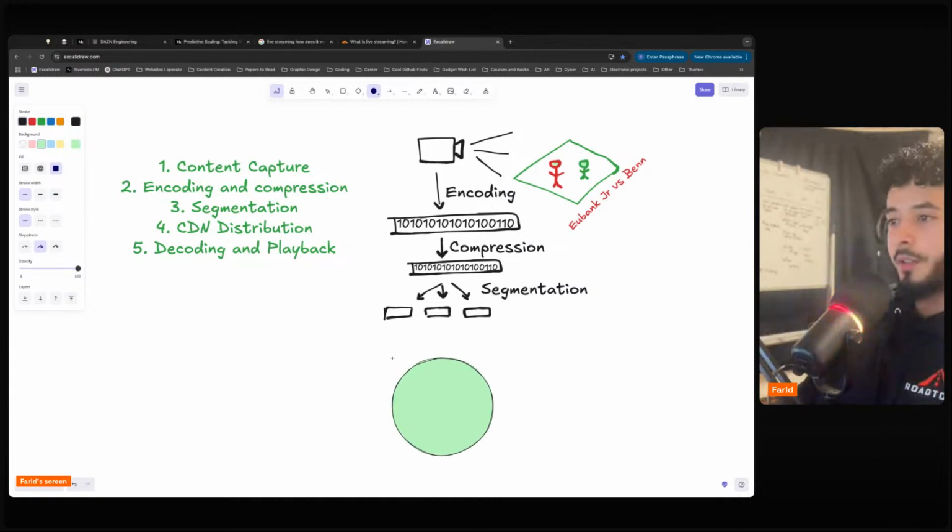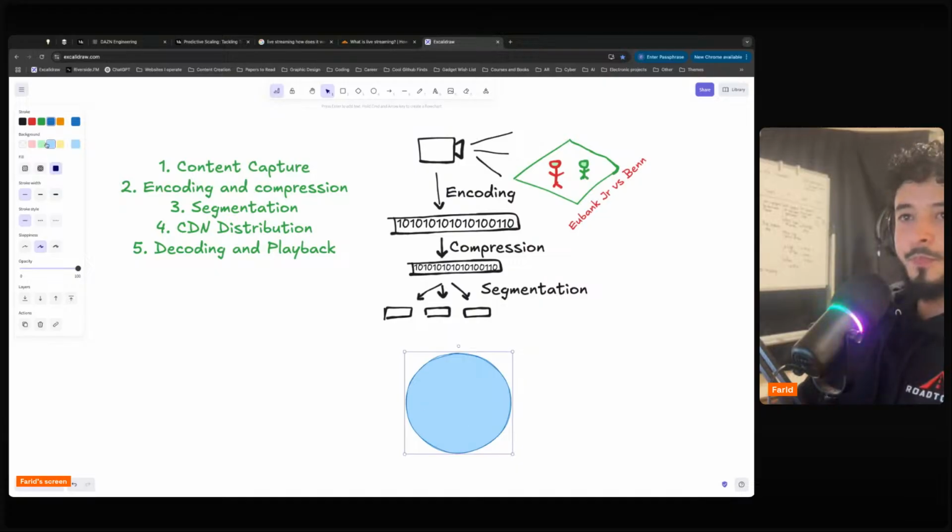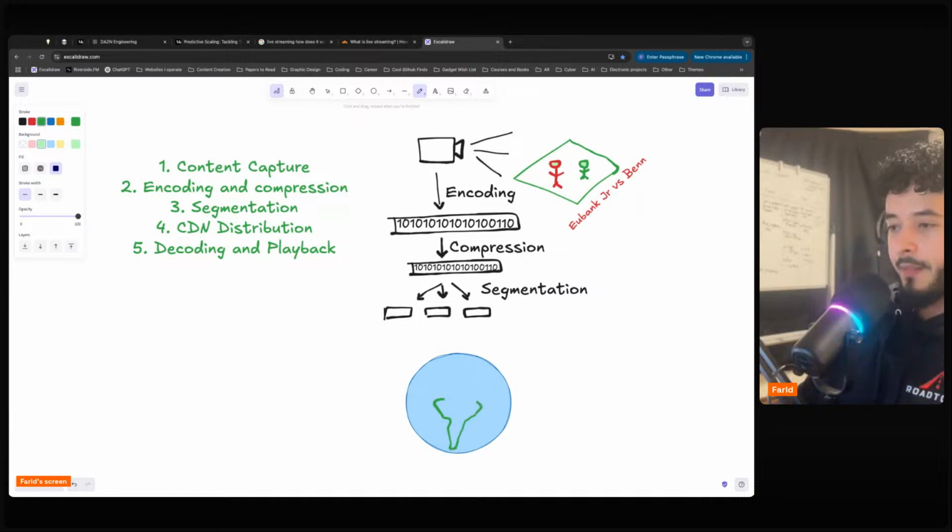So this is Earth. How do I make it blue? Yeah, that should be fine. What am I trying to do here? I'm trying to draw Africa. It's like the worst drawing ever, but you guys get the point.